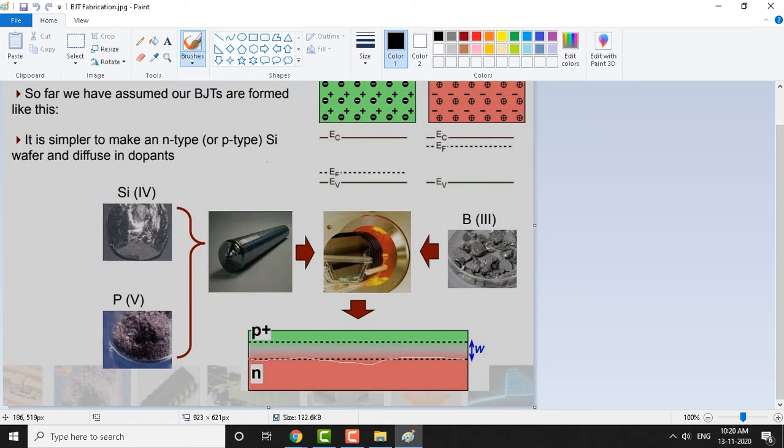Here you can see that the dopant used is going to be phosphorus, which is a column 5 element, and there is pure silicon, which is a column 4 element of the periodic table. This is actually the doping element. When we dope this silicon with this impurity element, we make an n type semiconductor material. This is what you are seeing here when it is already doped, and when it solidifies, you see a silicon ingot something like this.